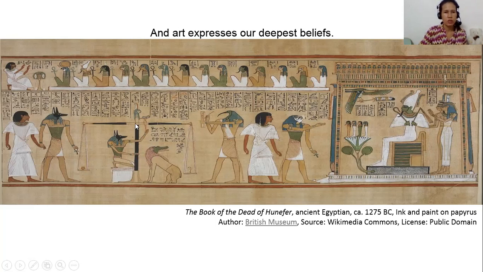He is balancing this weighing scale. On one side we see the heart, which could be the heart of Hanifer when he was still alive. On the other side is the feather, which came from the deity called Maat. From there, they will balance it. The feather should be heavier. If the feather is heavier, it means your heart is light, so you lived ethically, with an ethical standard, and you can be accepted in the afterlife.